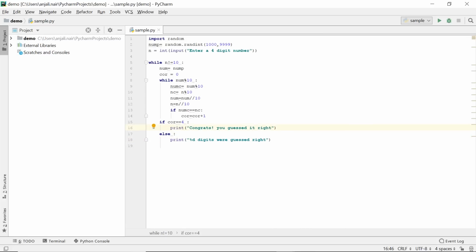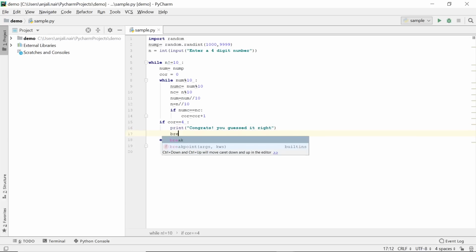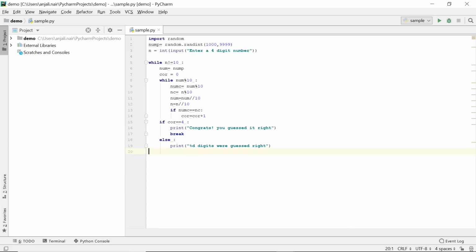%d digits were guessed right. Now if all the digits were guessed right, that is the user guessed the number right, we can also break out of our while loop. So you put a break statement there, and we'll come back here where we print how many digits were guessed right. Since all of them weren't, we need to give the user another try where the user again enters a 4-digit number. So once again, we'll just copy paste this input line here so that the user can again guess the number. And this process will continue until all the numbers are guessed right and the control goes into this if statement and breaks out of this while loop.